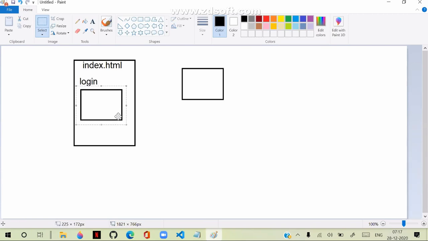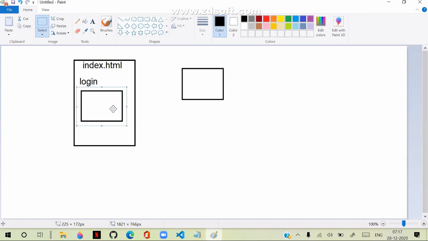When you select register, that register comes into that page. So user will stay on one page and he can get access to everything on that page. That is the basic concept of single page application.